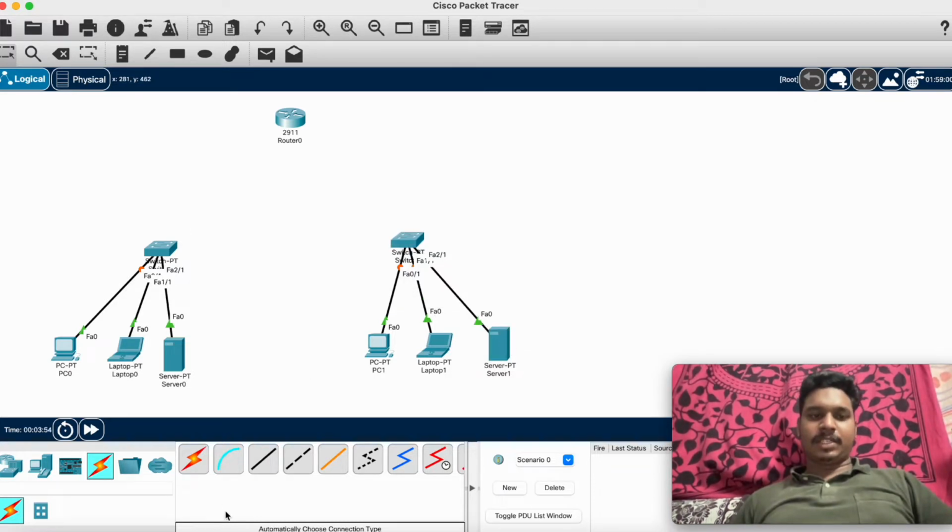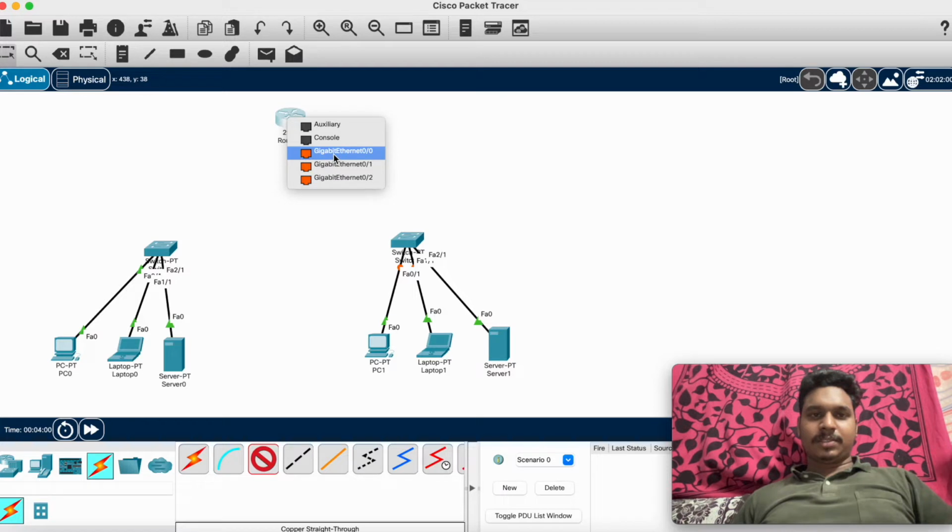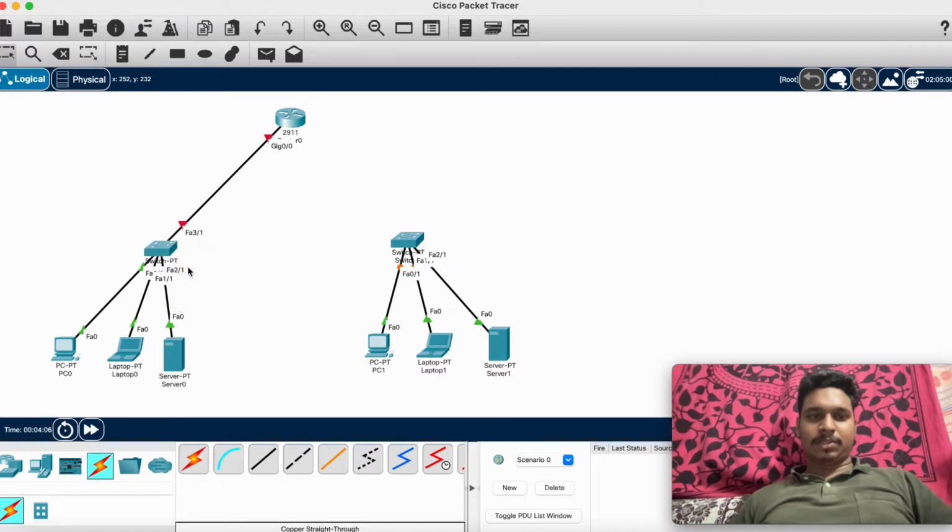After we connect, let us connect these two switches with this router. So for that we need to use gigabit ether 0/0 to fast ether 3/0, and here also gigabit, we need to connect it to fast ether.